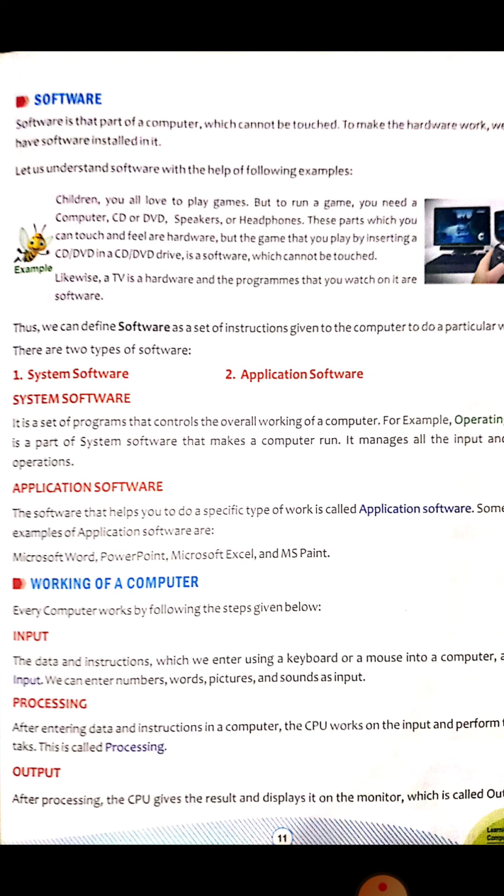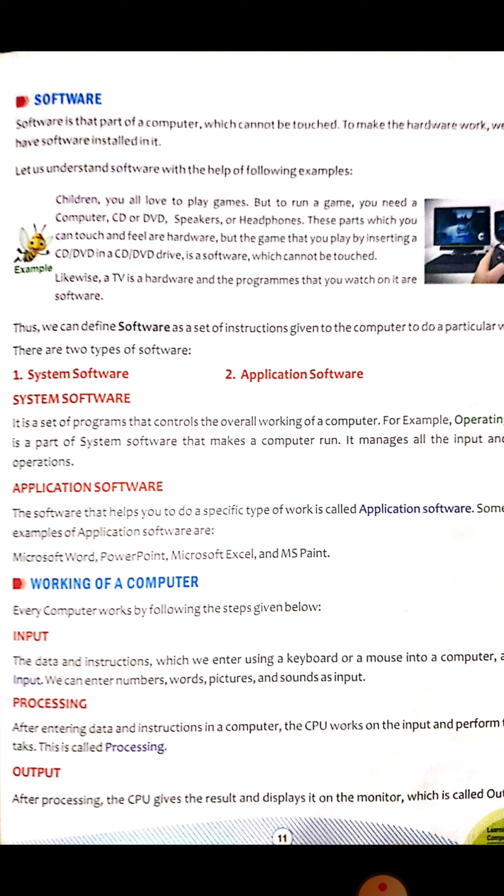We can enter numbers, words, pictures and sound as input. When you are writing your name with the help of the keyboard, that is input. You are giving something to the computer.